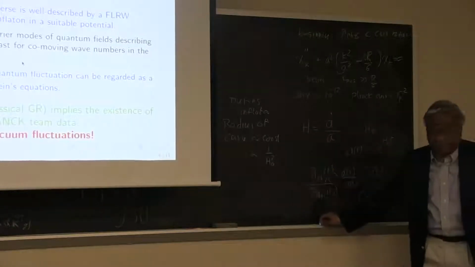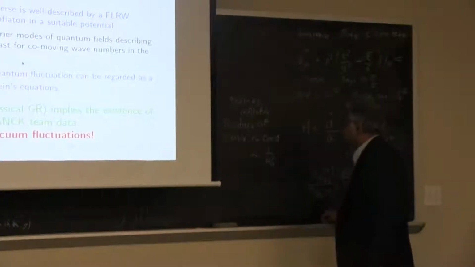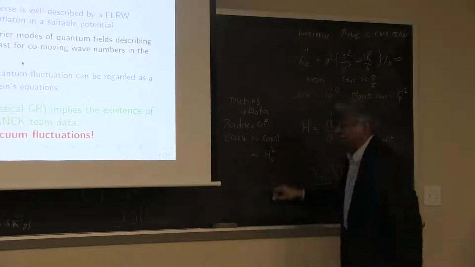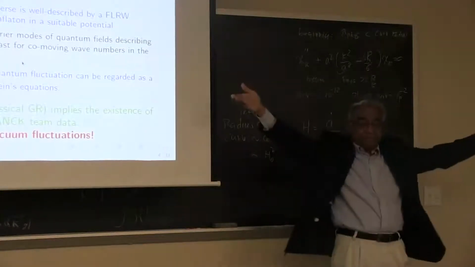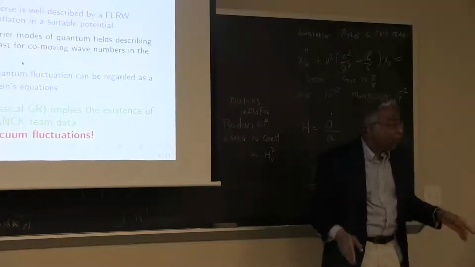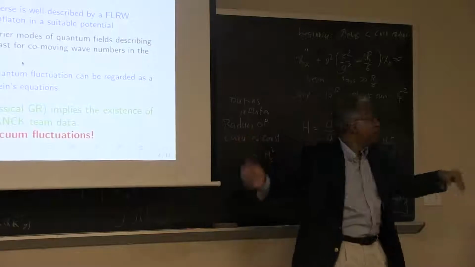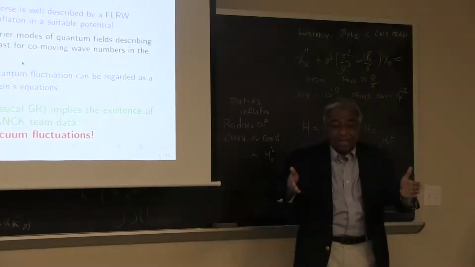So the curvature is really constant, the radius is 1 upon H0 squared. So this is really constant up here. So the curvature radius is constant and the wavelength is expanding exponentially. Therefore, a time comes when a given mode will meet the Hubble horizon, and then after that, the mode